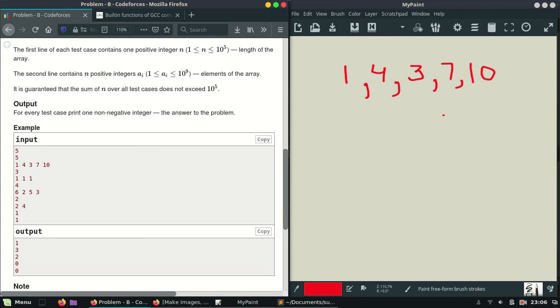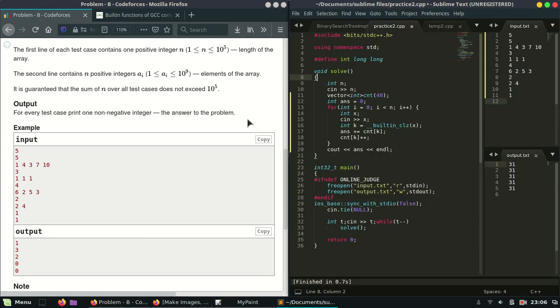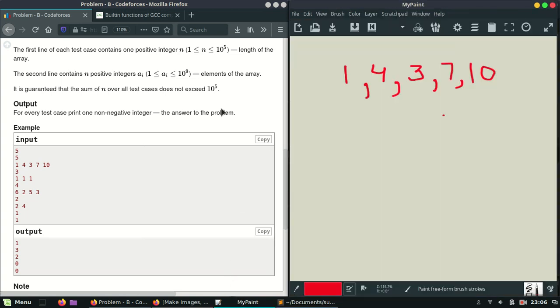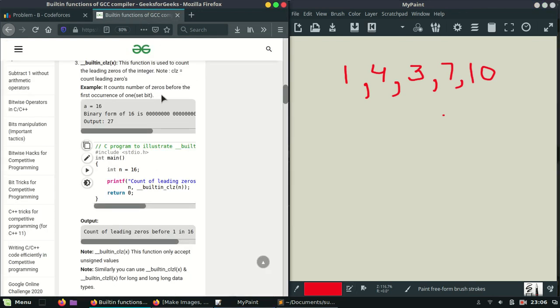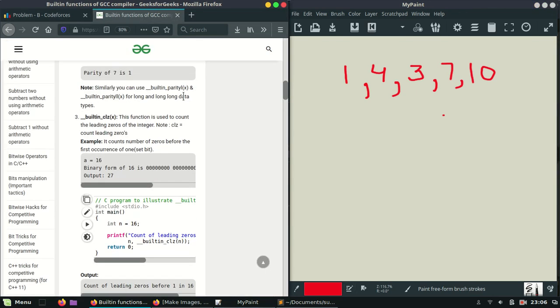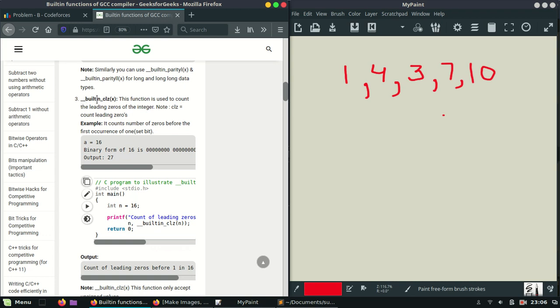Okay, so this is the code. For this problem, first we need to discuss what the built-in function CLZ is. This function is used to count the leading zeros of an integer.